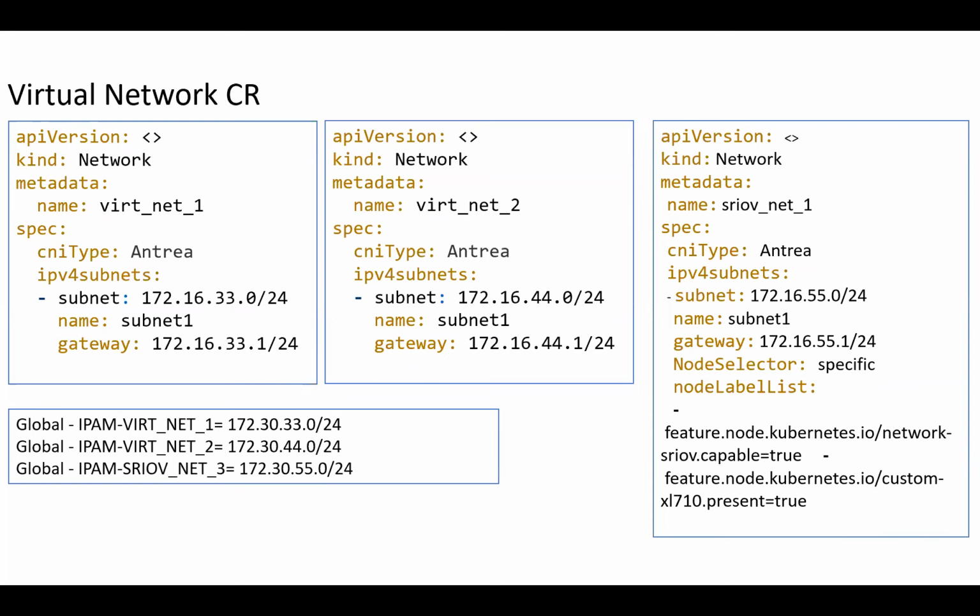So in your example here, you define the subnets in the spec. Does that mean when the user creates a CR, they specify the subnet? Yeah, that's right. That is the expectation. It is coming as part of the CRD definition.